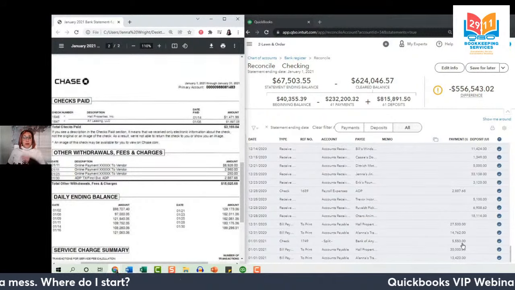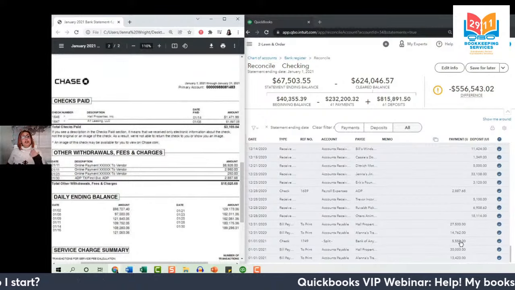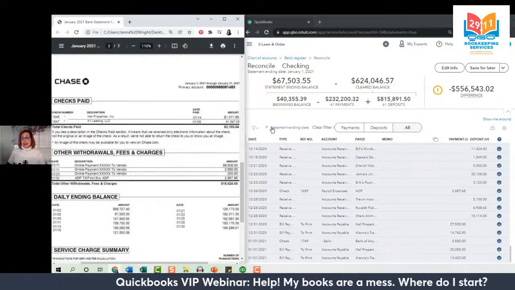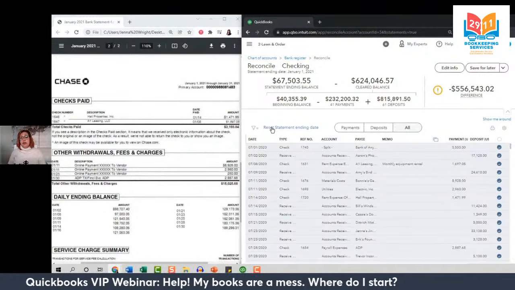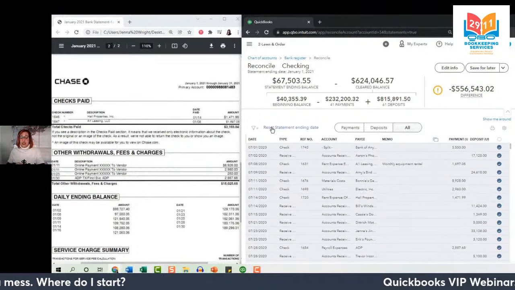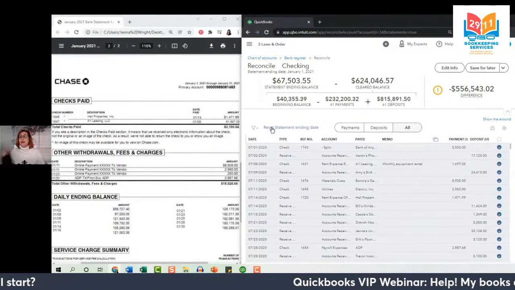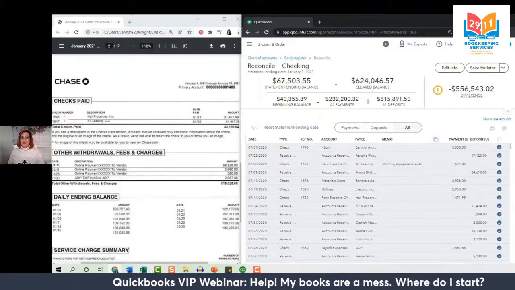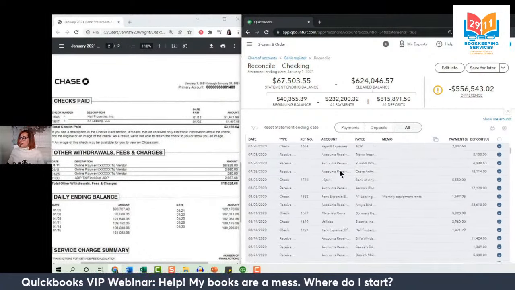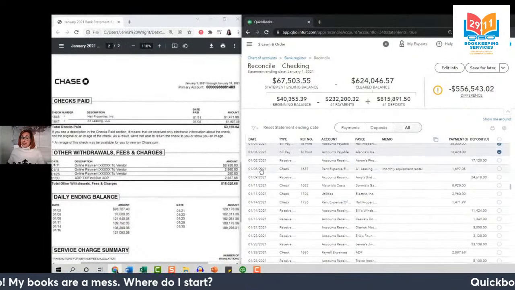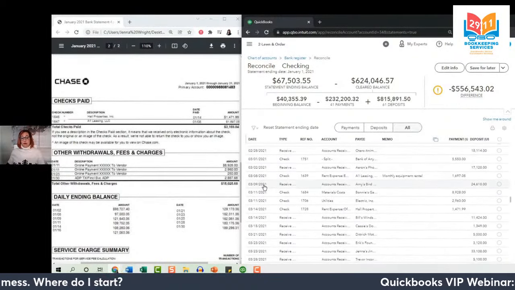Awesome. But we also want to do one more thing just to triple check ourselves here. Remove the statement ending date filter and be careful when you do this, because once you remove this filter, if you have any transactions that you've categorized in online banking, they'll all automatically be checked off. So you want to uncheck them if they appear in the future. But it will show us all of the other transactions that have not been reconciled. We can see from January going forward.